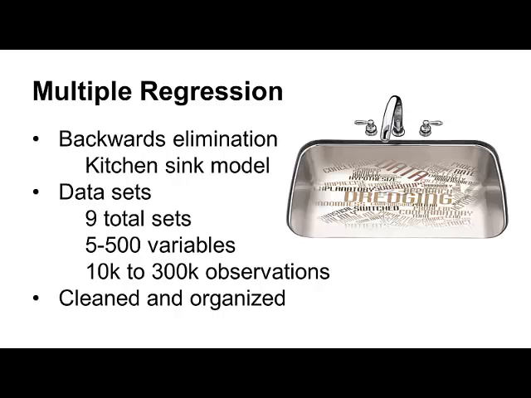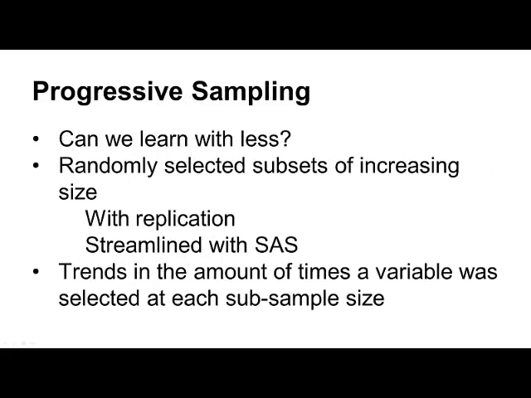After the data was ready for analysis, we used variable selection techniques combined with progressive sampling to learn from the data. The concept of progressive sampling is that one can subsample from a larger set and get the same accuracy, or close to, as learning from the entire set as a whole. We used progressive sampling to see if we could find the important variables for a model before we analyzed the